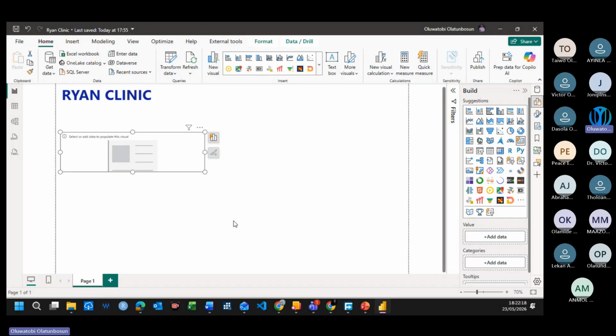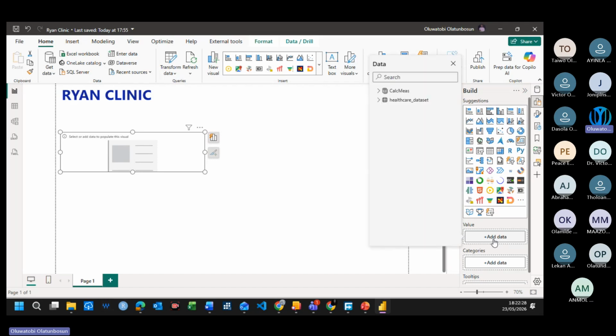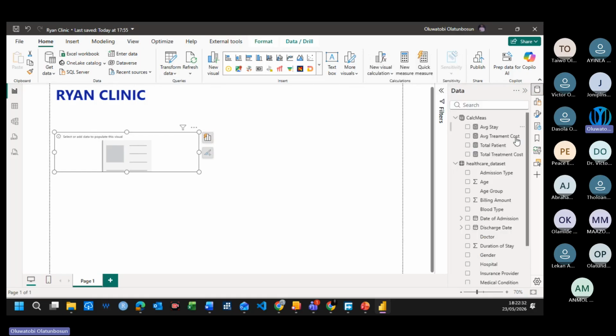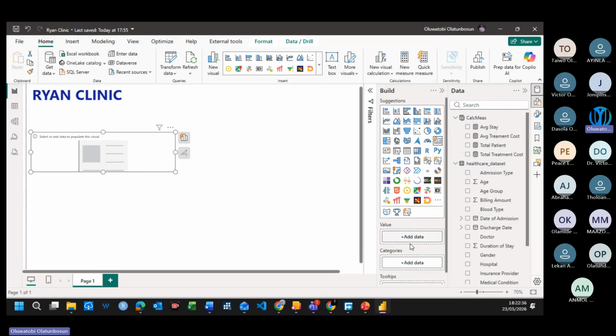So now we want to build our cards first. Then we choose the different data sets. You can add your values here. Once you click on value, you can drag the data set here. So we start with the number of patients, and we can click the box in front of them. Total number of patients,